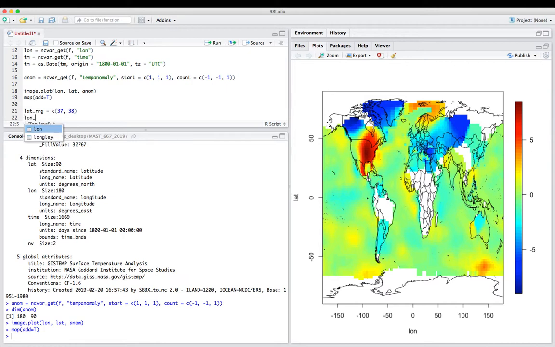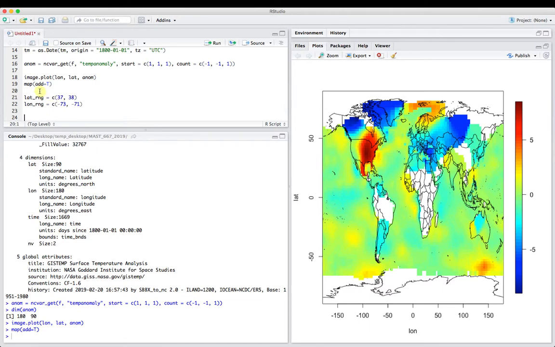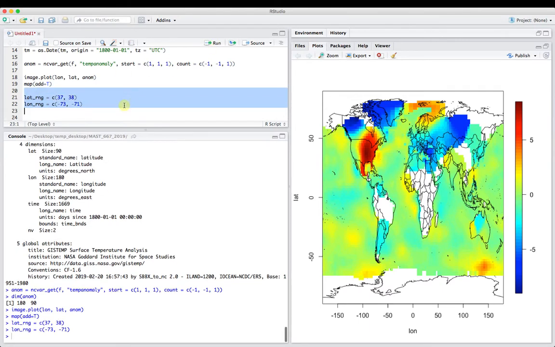And lon range equals concatenate -73 to -71. So that's going to be up in this area right in here. So we're going to request a much smaller area, but we're going to drill down to all the times. So we're going to use lat range and lon range,